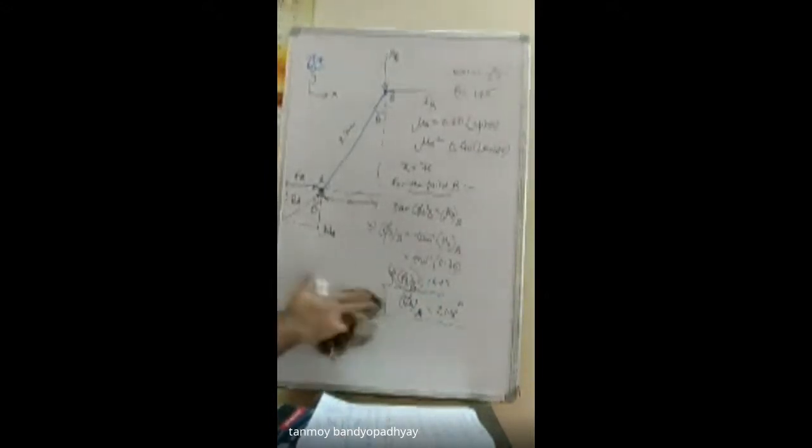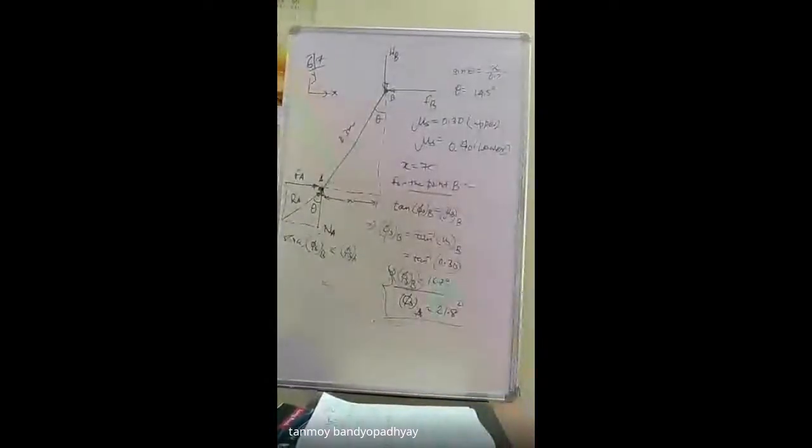So this value phi S B is less than phi S A. Since phi S B is less than phi S A, at any point, the point B will slip first because it has a lower angle of friction. So in any case, the slipping will occur at the point B first.